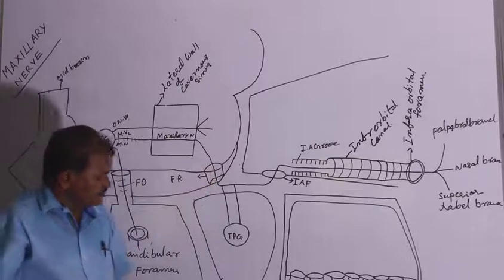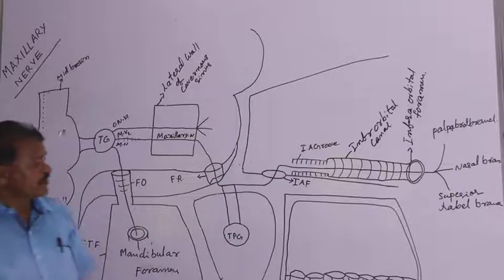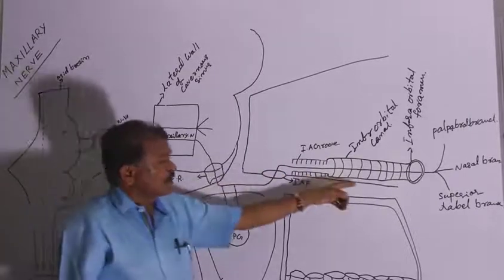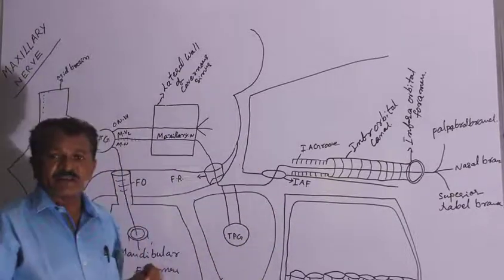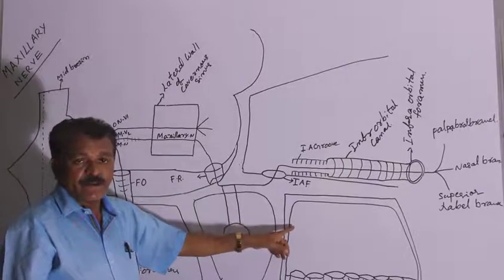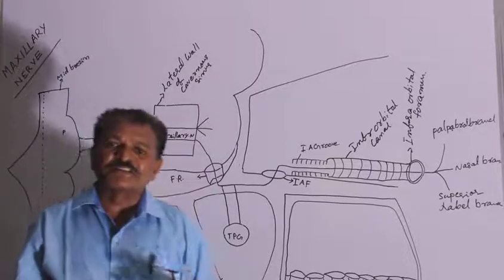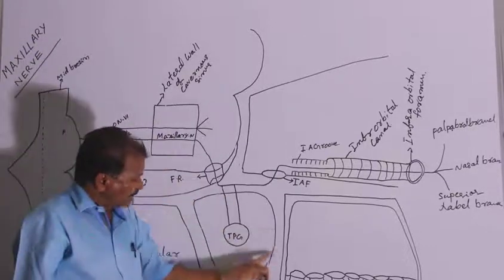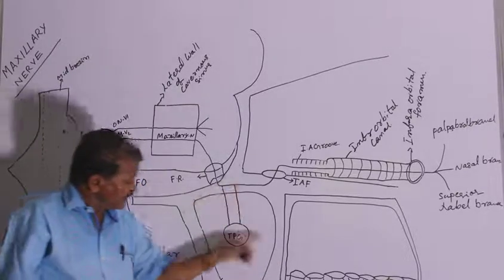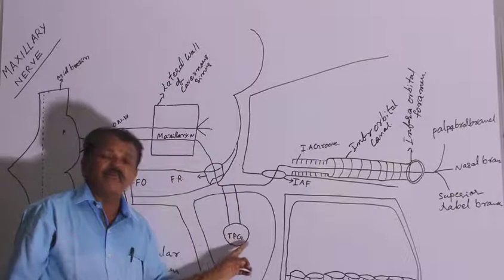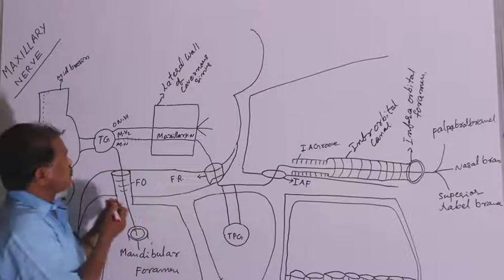It runs into the pterygopalatine fossa. This fossa is present inferior to the floor of the orbit, posterior to the body of the maxillary bone, with the root of the pterygoid process posteriorly, and between them lies the pterygopalatine fossa. This fossa contains the pterygopalatine ganglion. So at this level the maxillary nerve gives